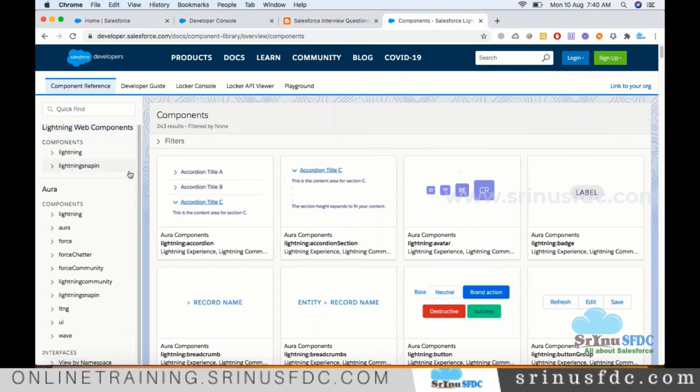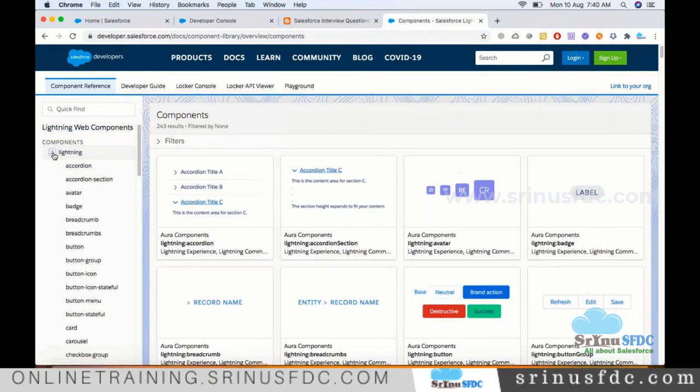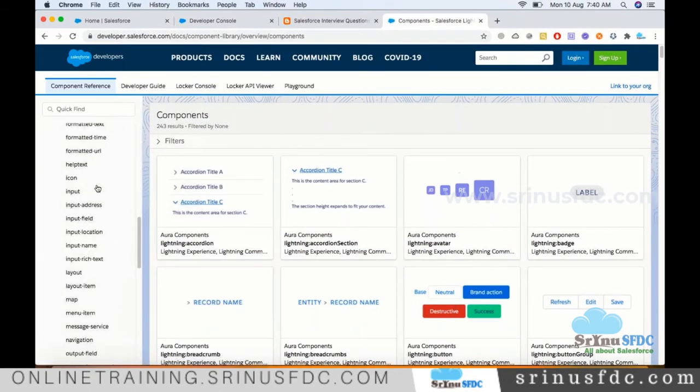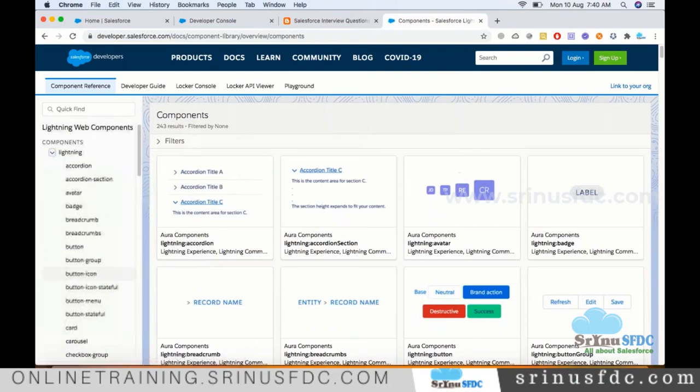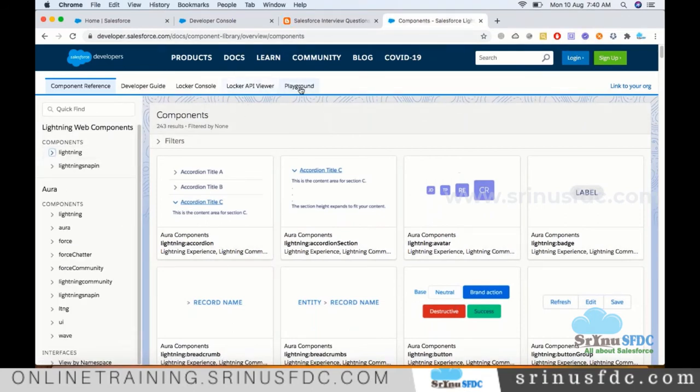Whenever there is a requirement, we can try using these standard components. If something is not possible, or on top of that you want to add some extra logic, we have to develop. And to play even directly without creating any Lightning Web Component in VS Code,